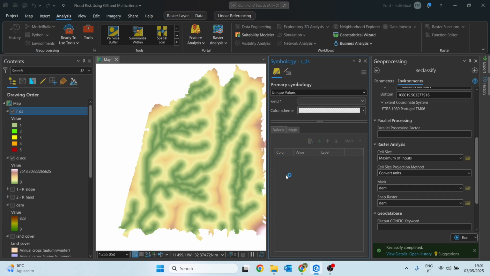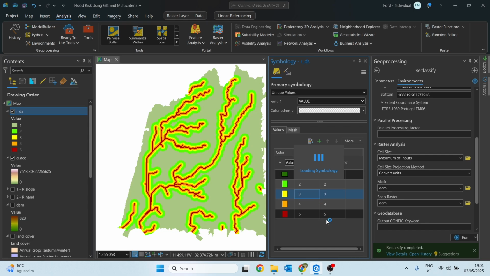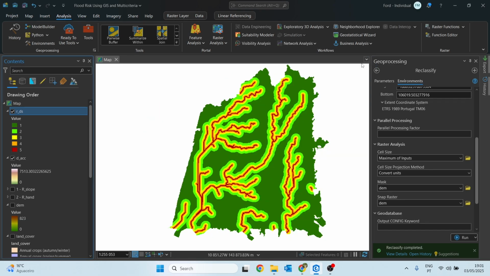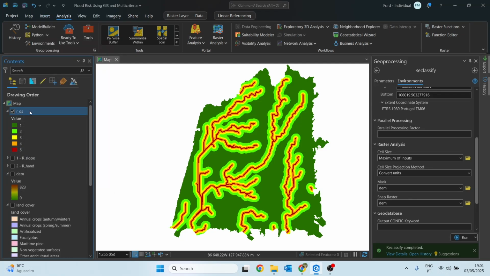And lastly, the value number 1 will have this dark green. Okay, let me also rename this layer. Remove this one and change the name to 3. Drag this to the bottom of the hand, and the distance to streams is now finished.